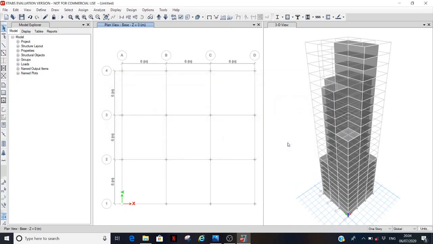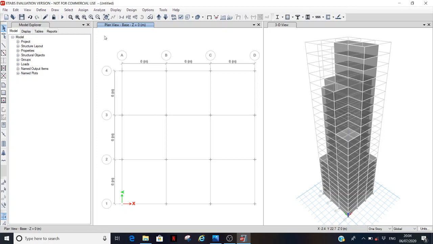Now that the wind loads have been defined for the city of Bangalore, we need to assign those wind loads. For assigning also, we need to refer to Table 4 of IS Code 875 Part 3, where we have to use the ratios of height to width and length to width.